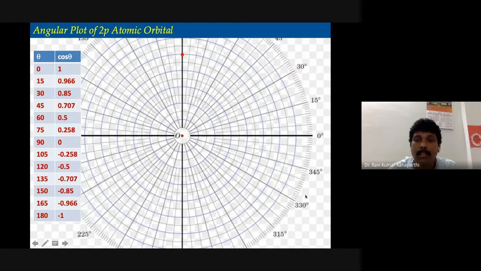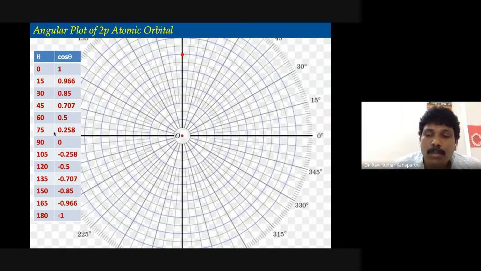No, sir, I will vary the angle from 0, 15, like this. I will go clockwise. Well, you can do this, absolutely no problem. If you want to start from here, you can do that, absolutely no problem. So the angle is something that you can define based on your wish, and then accordingly you can plot this graph.